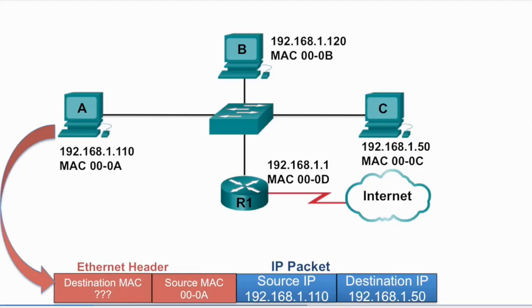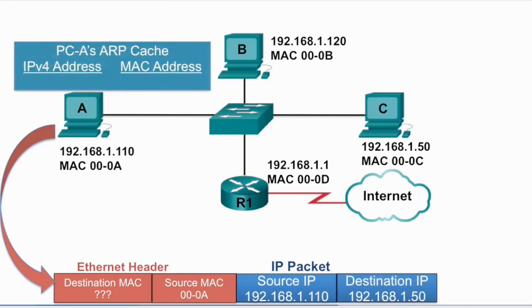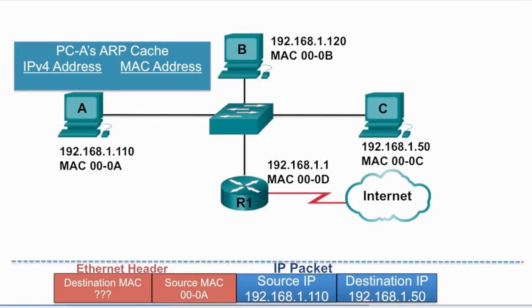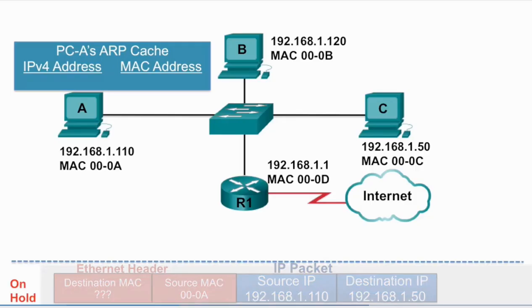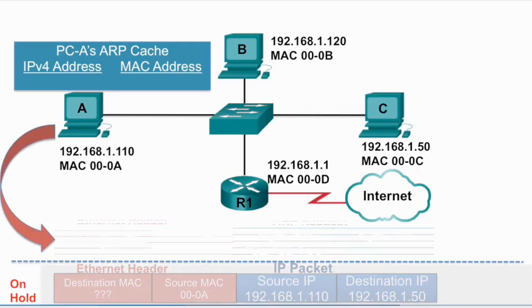Because the source and destination IP addresses are on the same network, the destination MAC address will be that of the destination IP address of PCC at 192.168.1.50. So PCA checks its ARP cache for the IP address 192.168.1.50. Because it is not in its ARP cache, it will put the packet on hold and create an ARP